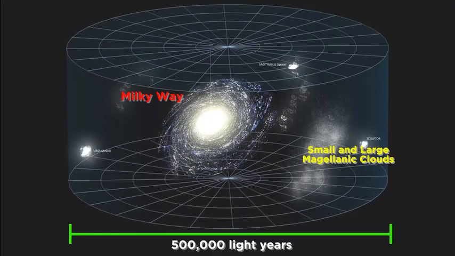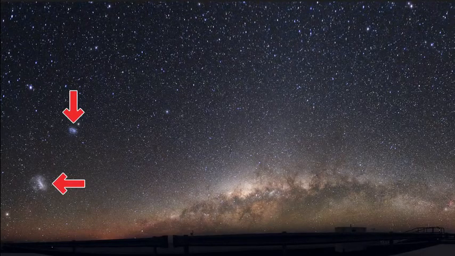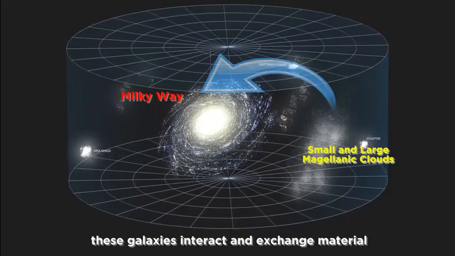The Milky Way also has some satellite galaxies, which are smaller galaxies that orbit around it. The most prominent of these are the Small Magellanic Cloud and Large Magellanic Cloud, each around 1/10 the size of the Milky Way and observable from the southern hemisphere. These interact with the Milky Way as they orbit, resulting in disturbances and also exchange of material.